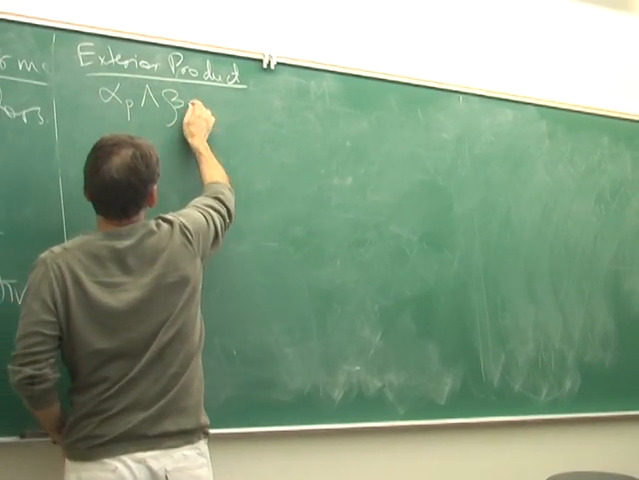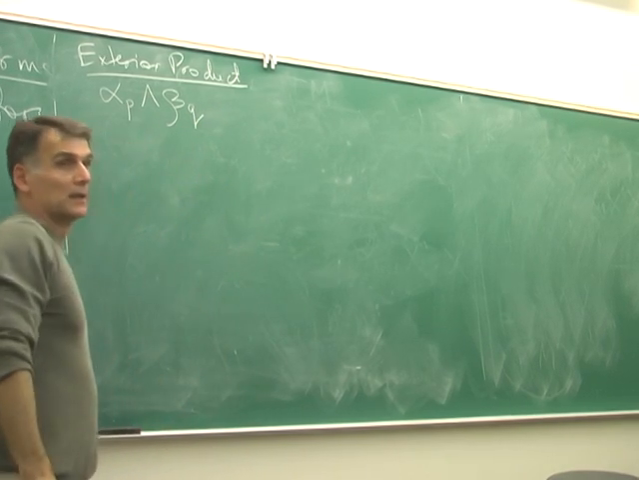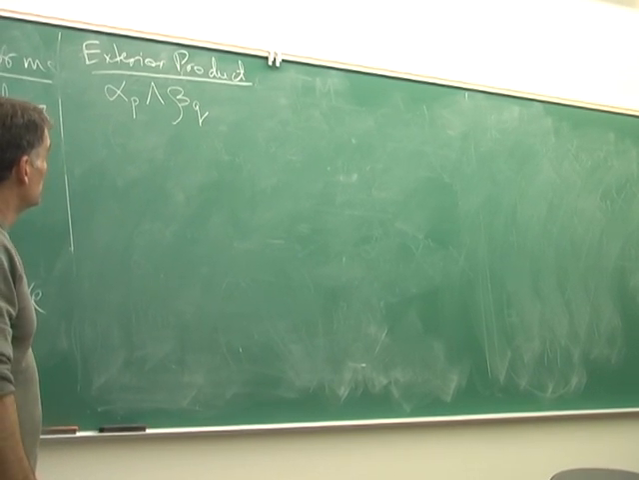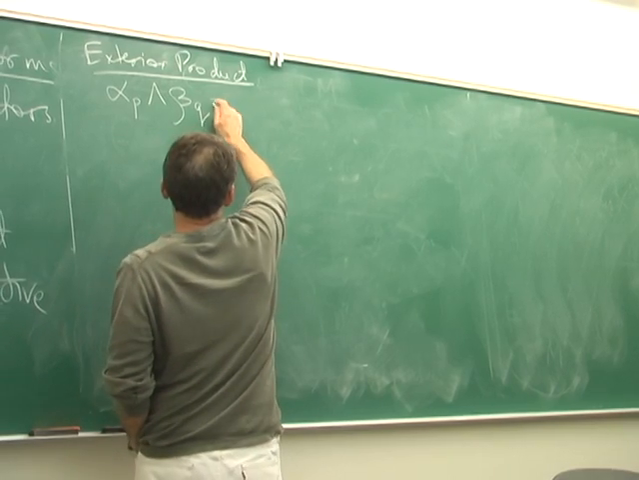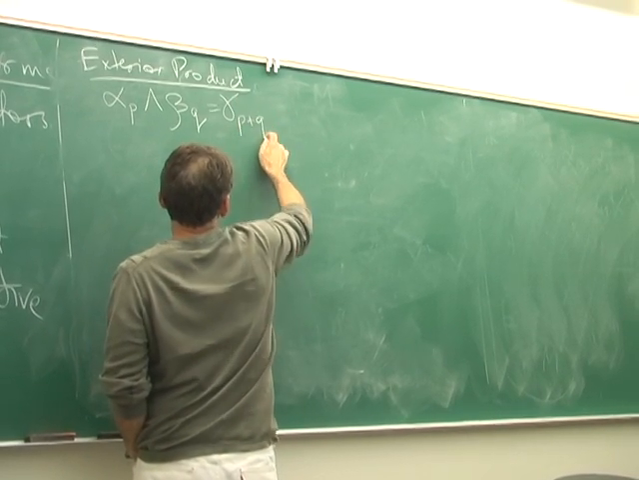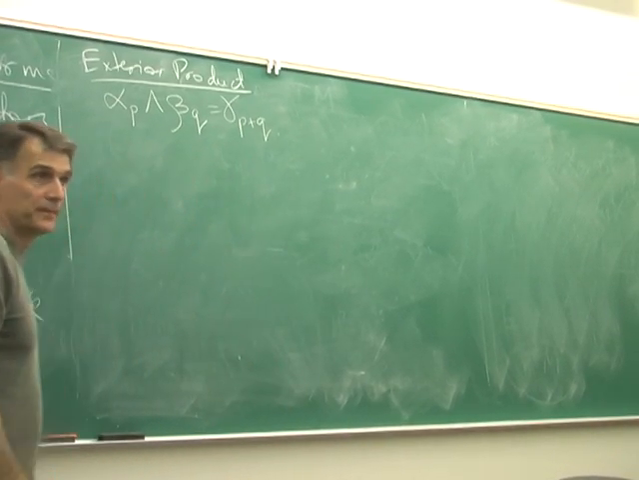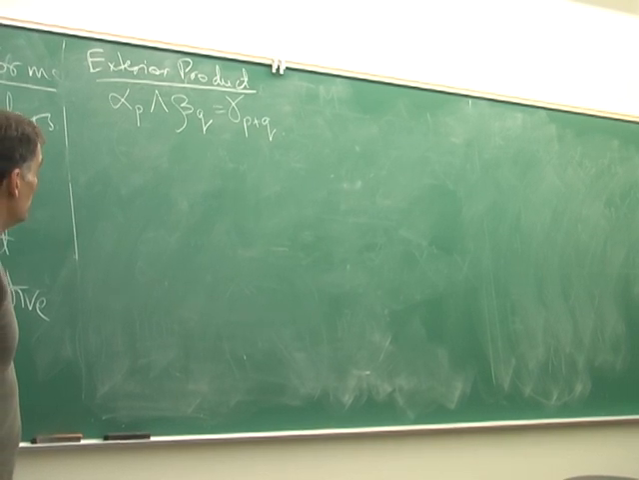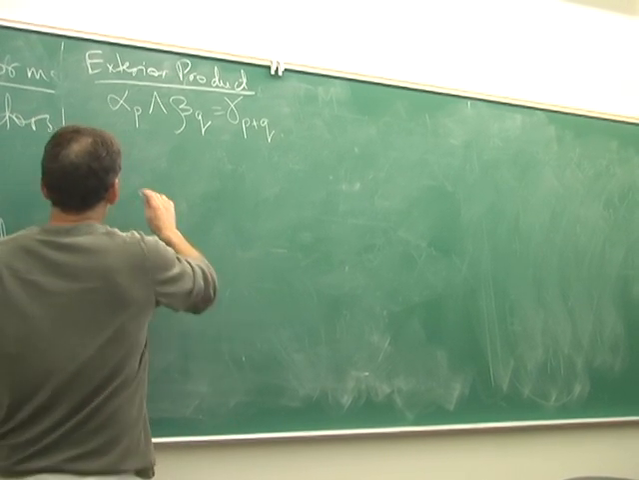And you have another, which is a Q form. And you take the exterior product, so that will give you a P plus Q form. Now, by the way, the set of